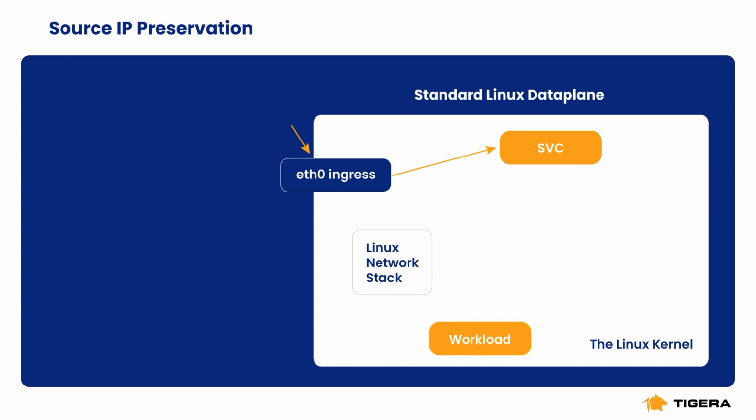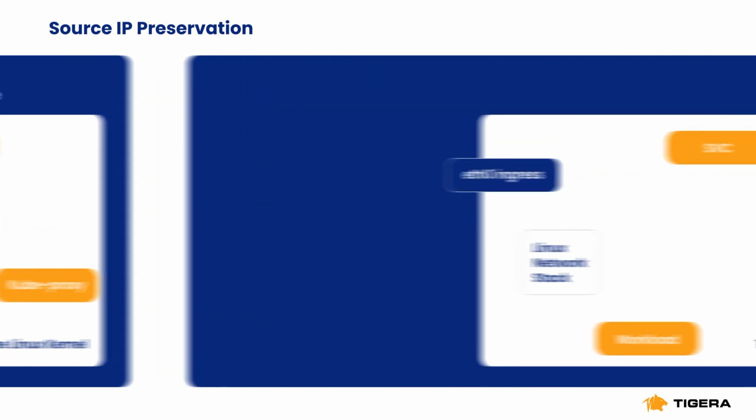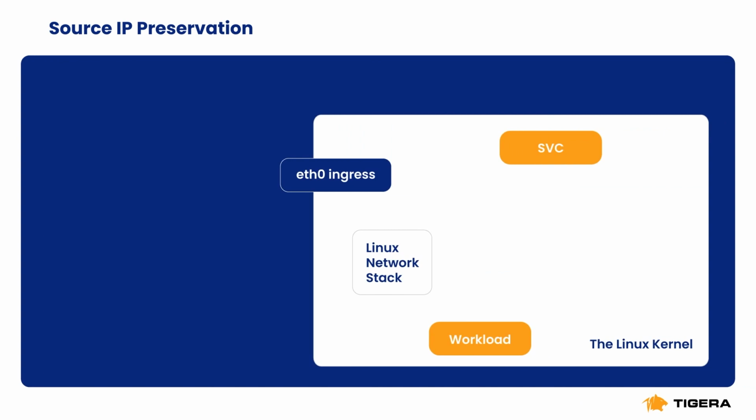When a request hits a service, it then enters the Linux network stack. Here, Source NAT, implemented by Kube-proxy, changes the source IP, making every request appear as if it's coming from the Kube-proxy, complicating traffic distinction and security troubleshooting. We want the pod to see the original source IP, but that doesn't happen in iptables mode. Why is that? If you are determined to preserve the source IP address while using the standard Linux data plane,